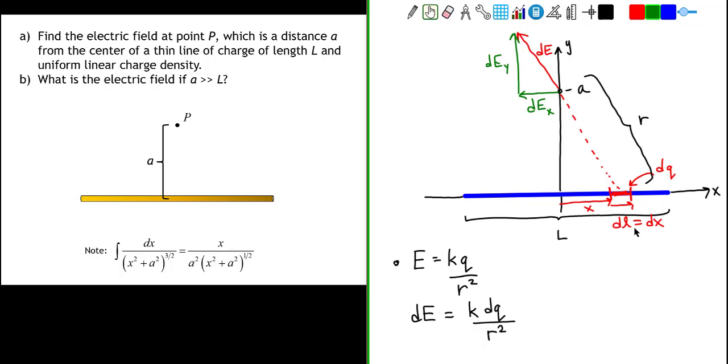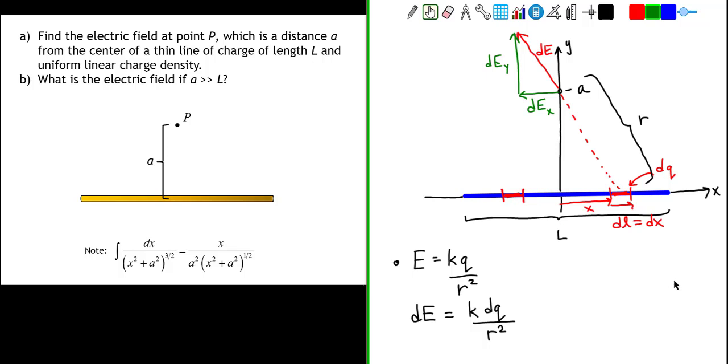The thing is, let's not do more work than we have to. We will need to integrate, but right now notice that we have both an x component of the electric field and a y component of the electric field we have to deal with, and we have an infinite number of those. So is there a way we could maybe simplify this problem so we do a little bit less work? Well, what I see here is for every representative charge element on the right side, we have one that is equally distant from the point on the left side.